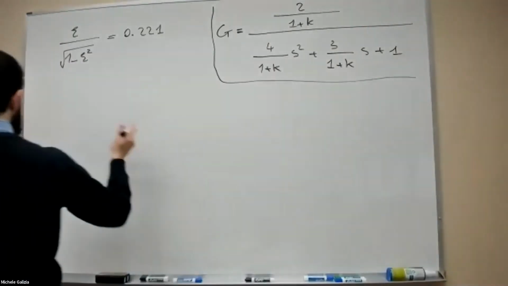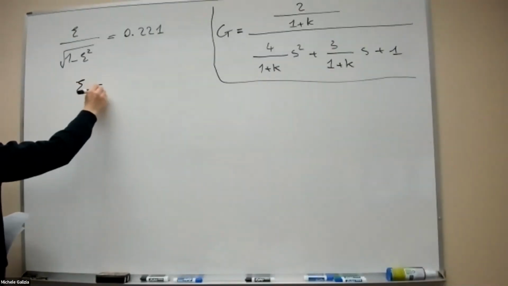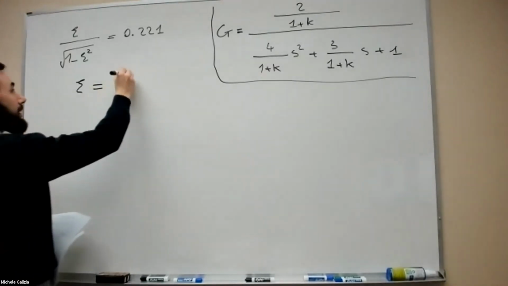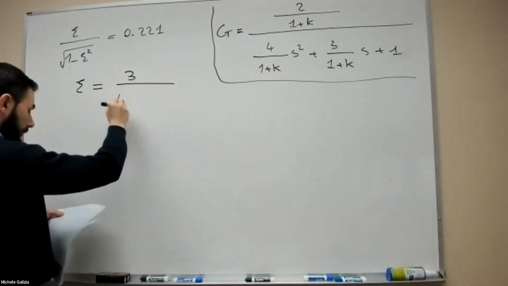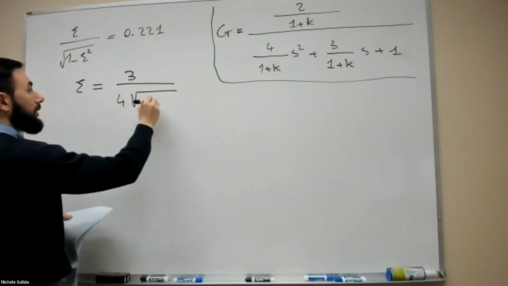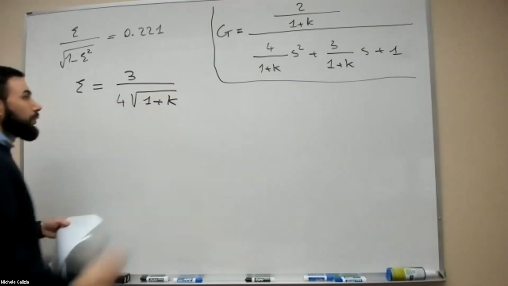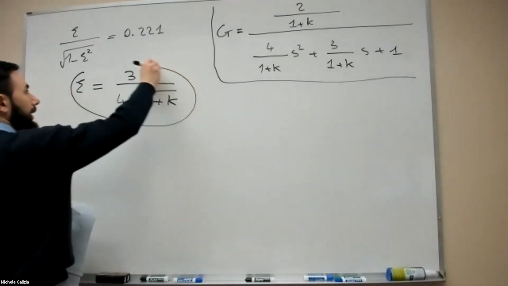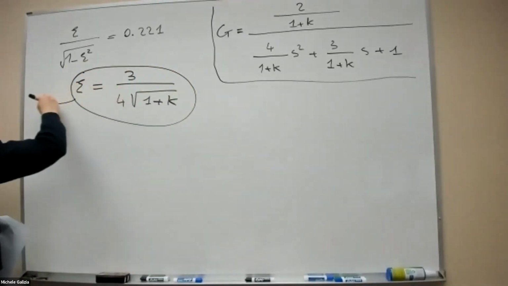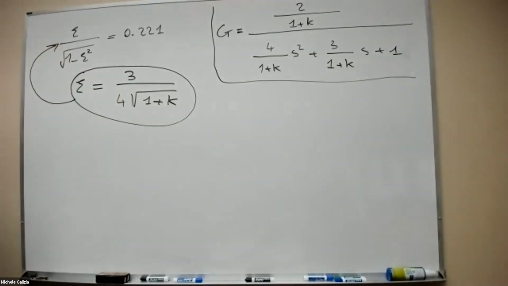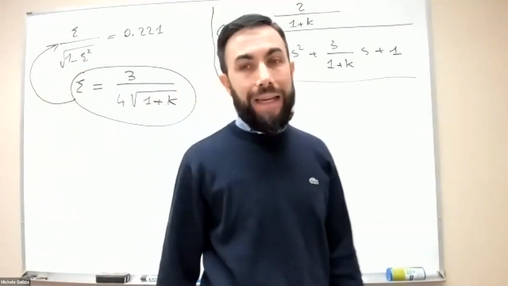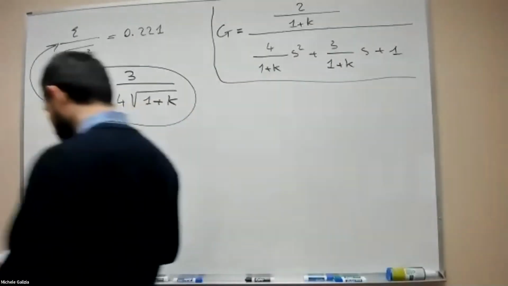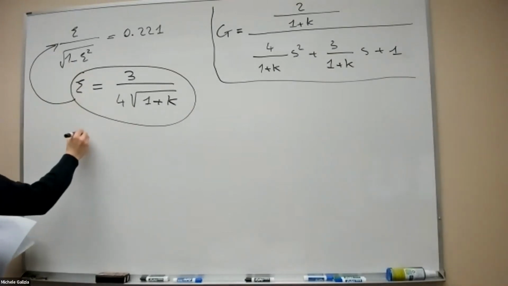You may remember that last time we saw that the damping factor in this system is 3/4 the square root of 1 plus k. Do you remember this? Yes. So what we have to do is just take this expression here and replace it in the previous one, so that the previous equation will become an equation in the variable k. So if you do this, you get